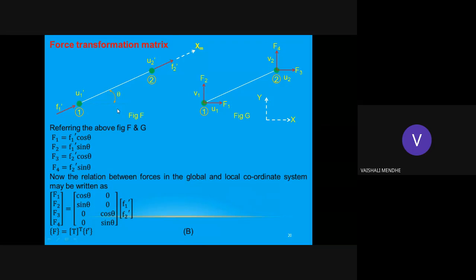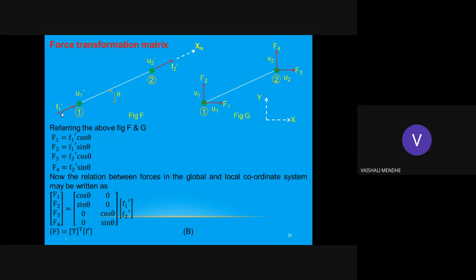That is F1' cos theta. Fx is equal to F cos theta and Fy is equal to F sin theta. So this F1' is shown in the local direction. If you want to write down this force in the global x direction, what will be its component along x? F1' cos theta. And for the same member, what will be the component along y direction? F1' sin theta.